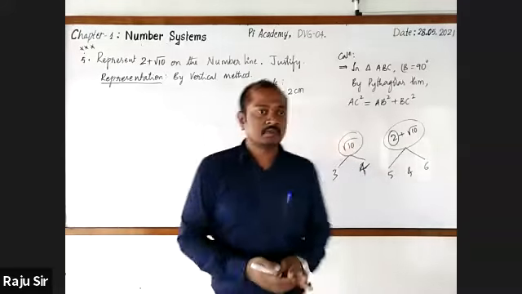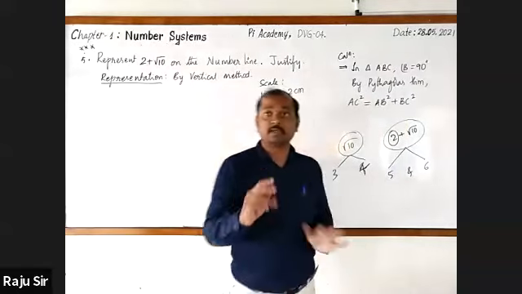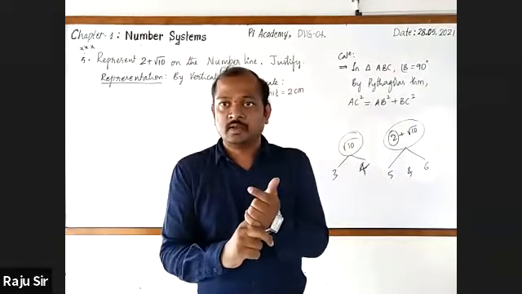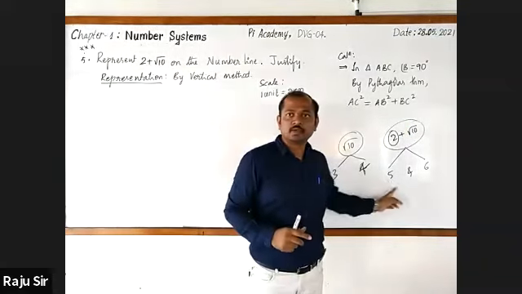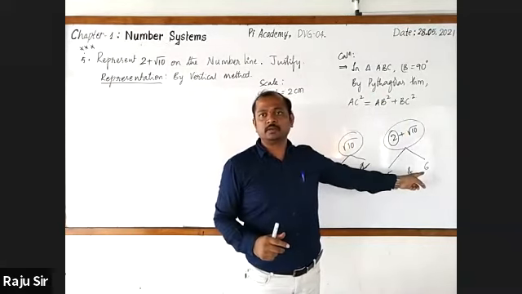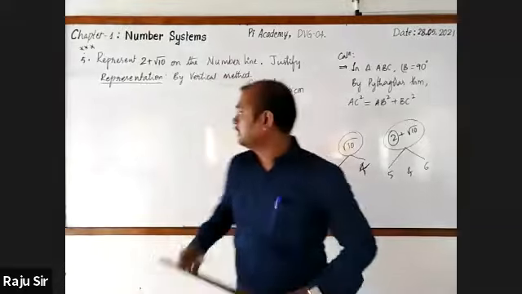Okay, now let's go for representing this on the number line. Vertical way or horizontal way, sir? Let's go for vertical method only. In the examination, they won't mention vertical or horizontal. You can follow any one. Could you tell how many points should be there on the number line? 6 or 7. Let us take up to 6.